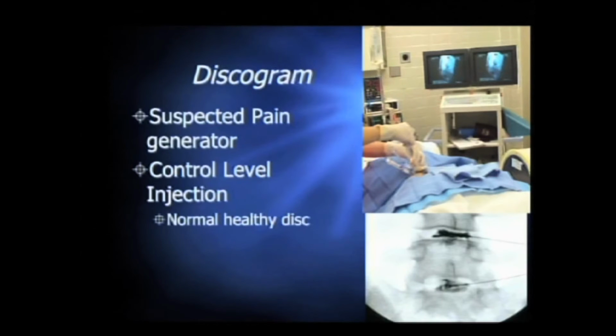If you think back to the discogram, we're not just injecting that bad disc down at the bottom. You have to have a negative control. You have to inject a healthy, controlled disc. You have to purposely stick a needle into an otherwise healthy disc to do your discogram study. And the question we're asking is, does that cause degenerative changes down in the future? In an animal lab setting, we would say yes, absolutely. This is how we study degenerative disc disease in the animal lab model.